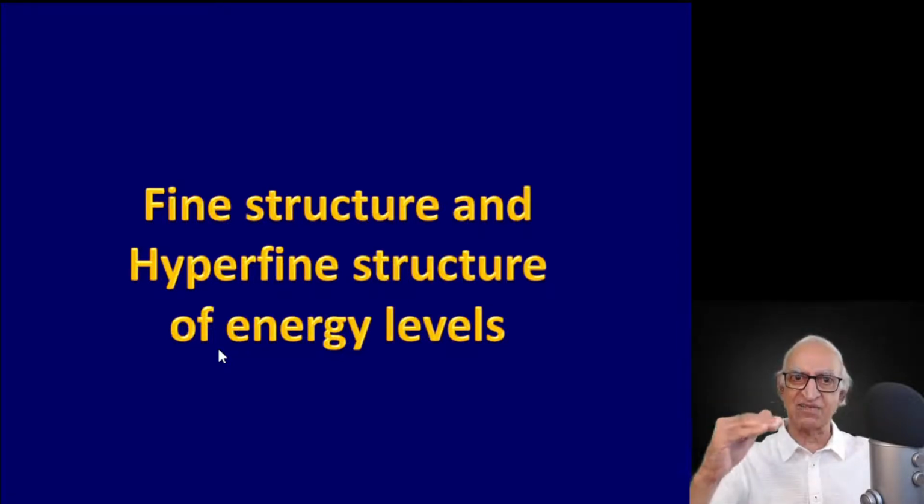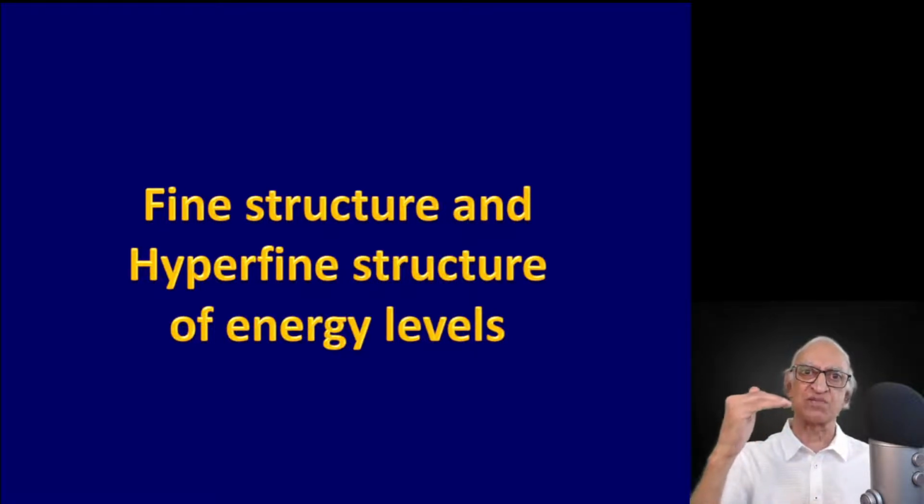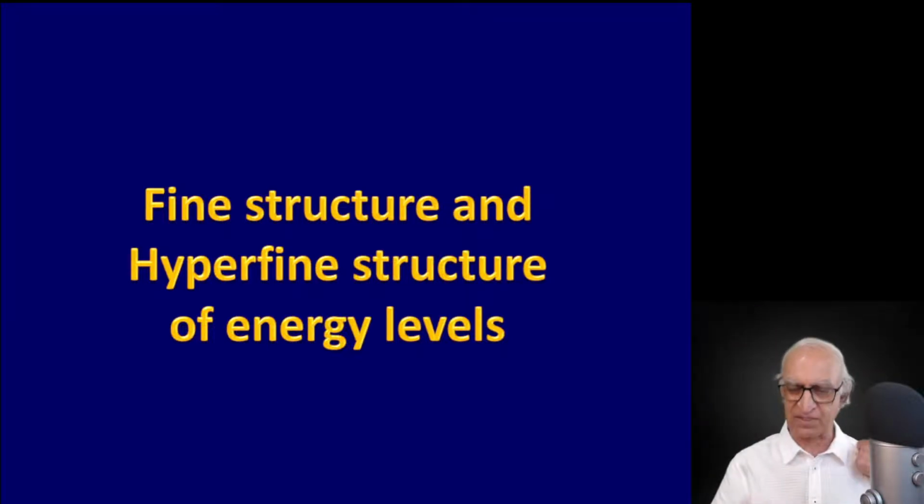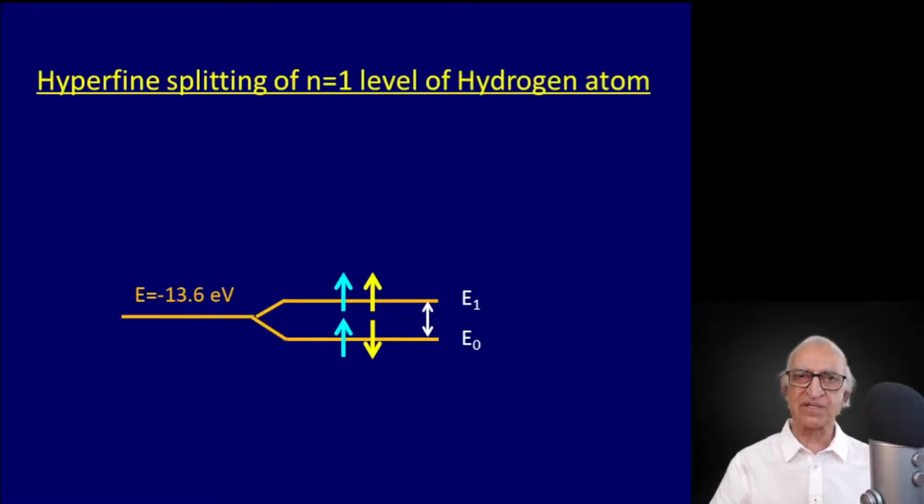Now, the energy levels that Niels Bohr derived for the hydrogen atom in 1913 were characterized by a single quantum number, the principal quantum number n, 1, 2, 3, and so on. These are the Rydberg levels. But the interaction between the spin angular momentum, about which Niels Bohr did not know in 1913, and the orbital angular momentum L, splits the energy levels, and that is known as the fine structure. But we won't discuss the fine structure now. Let us straight away jump to the hyperfine splitting of the energy levels.